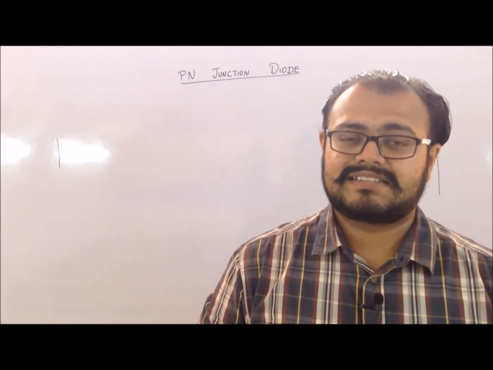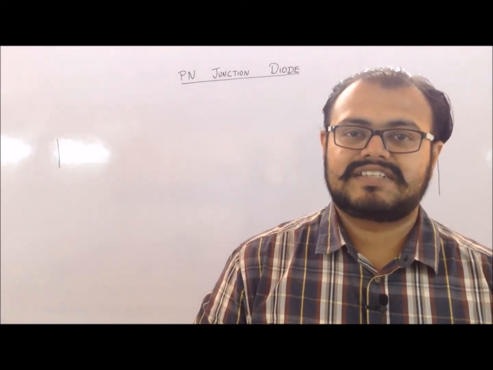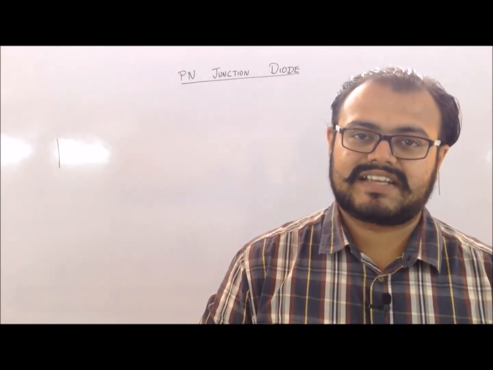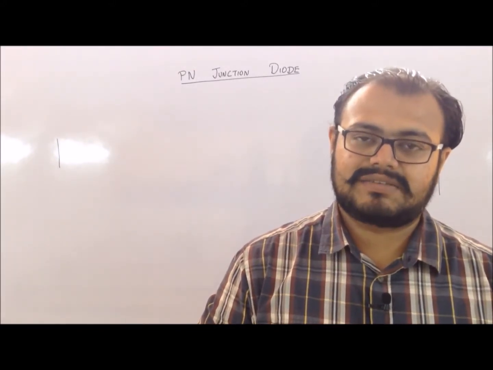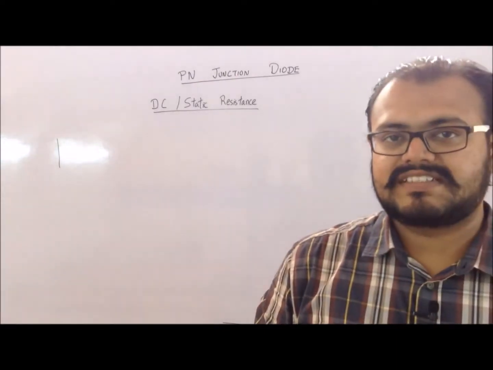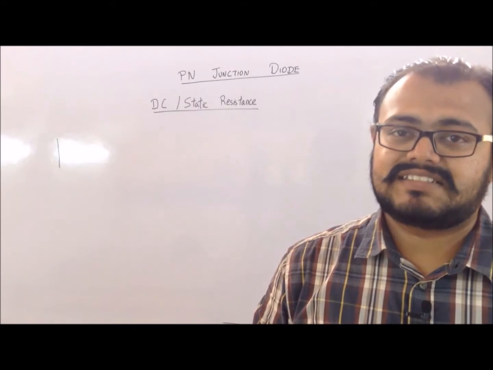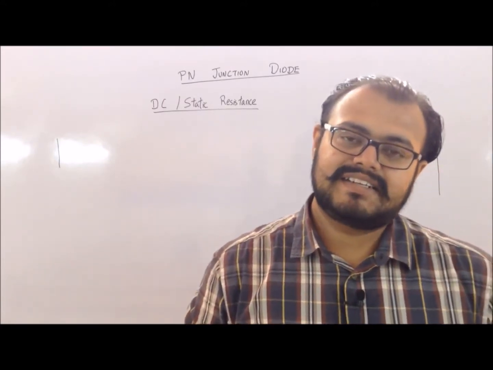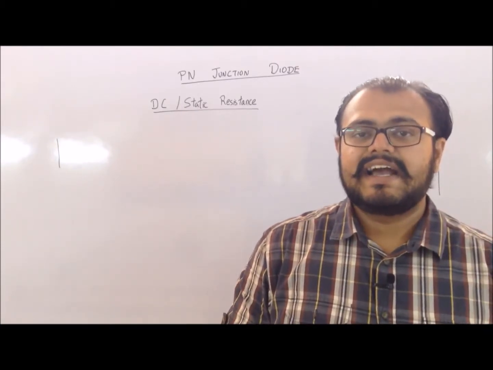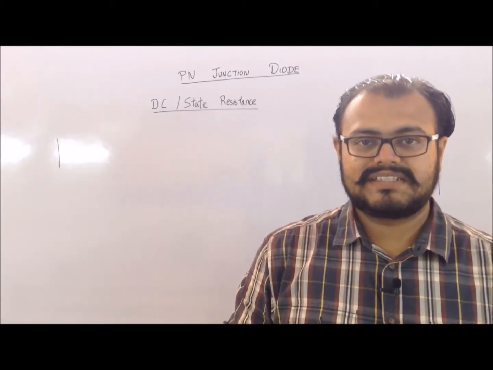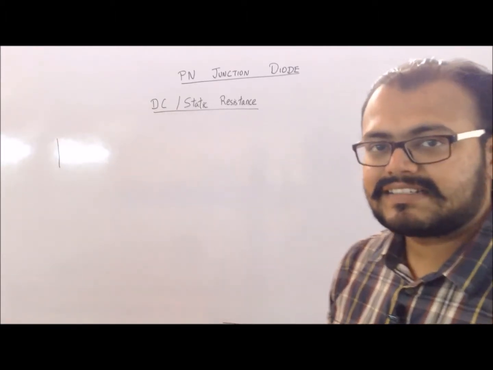This particular characteristic is also observed in other types of electronic devices. So let us see the different types of resistance level which can be obtained for different voltages applied to the PN junction diode. The first type of resistance is the DC or static resistance. Just as the name suggests, I have applied a DC voltage and my operating point is because of this DC voltage, and I have to find what the resistance is because of this. So let us recollect the characteristics of my diode.